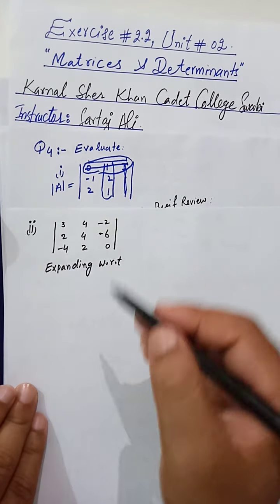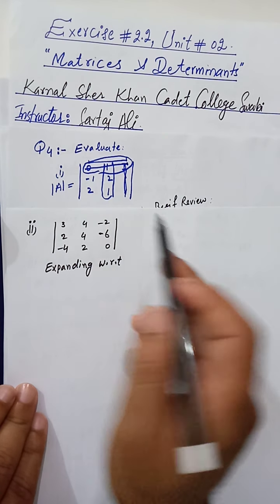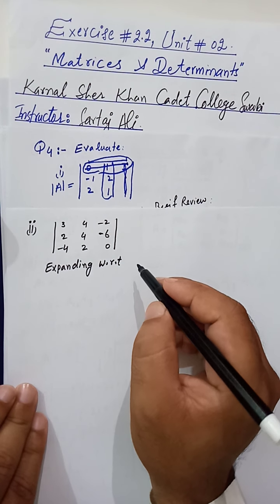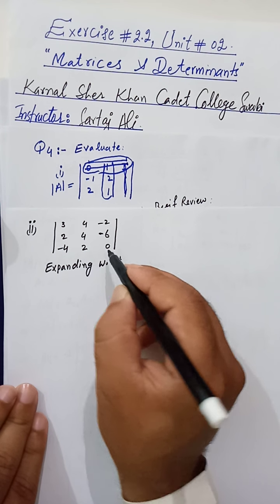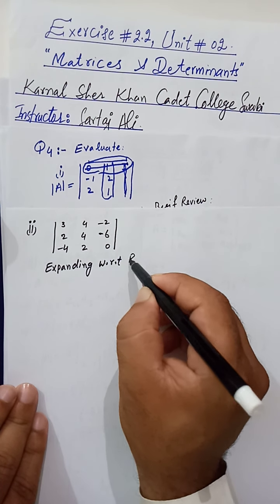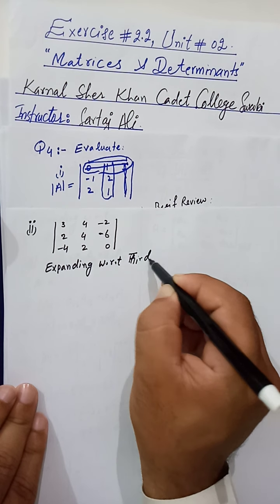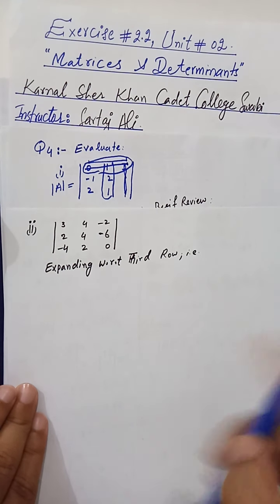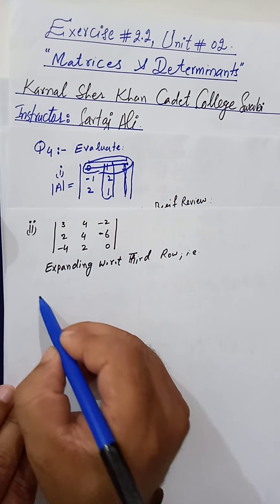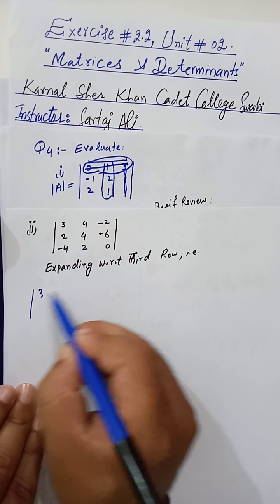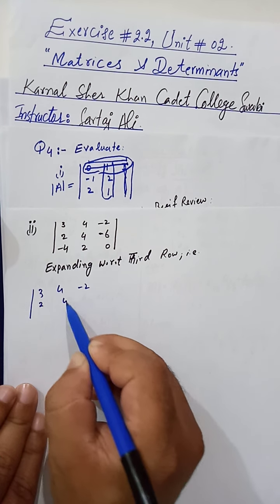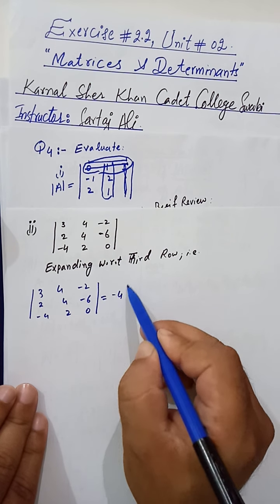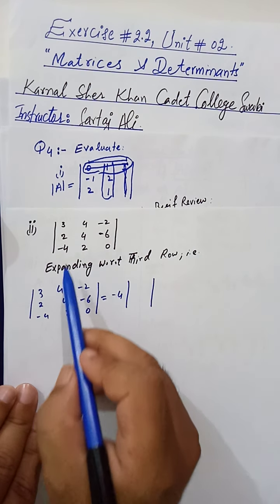You can also expand with the third column, or you can also expand with the first row or second row, second column or first column. But here you will get less calculation, because you didn't need to find out the cofactor of this element 0. Expanding with respect to third row. So the formula will be this determinant 4 minus 2, this is 2 4 minus 6 minus 4 2 0. So now here will be minus 4, and into the cofactor of, you need to cancel out the